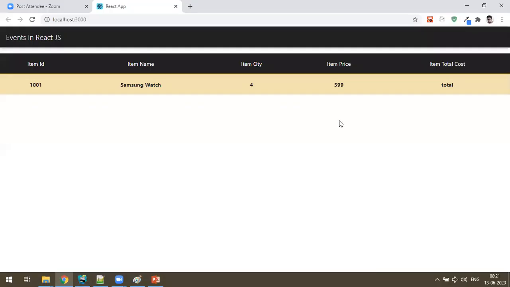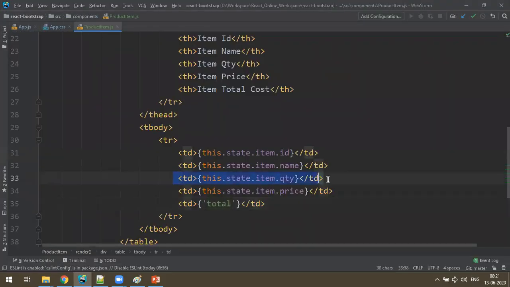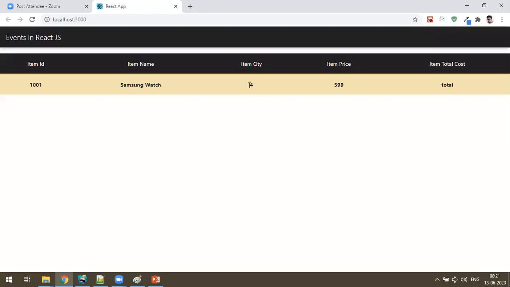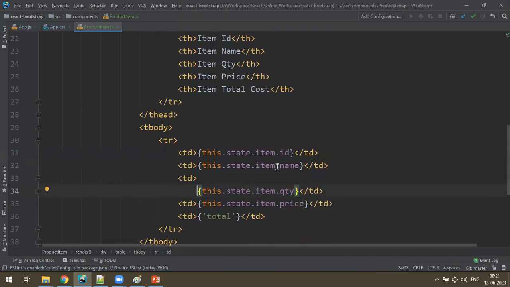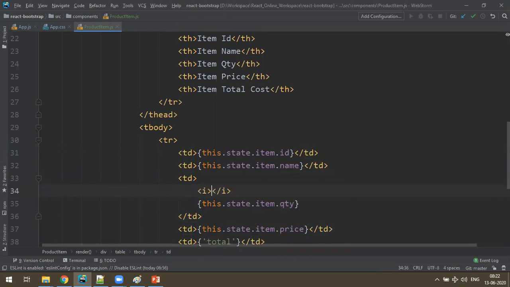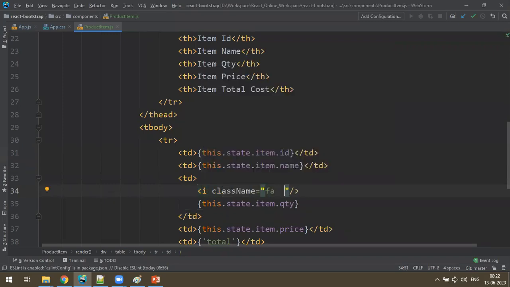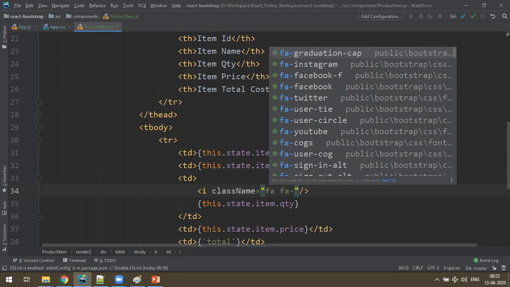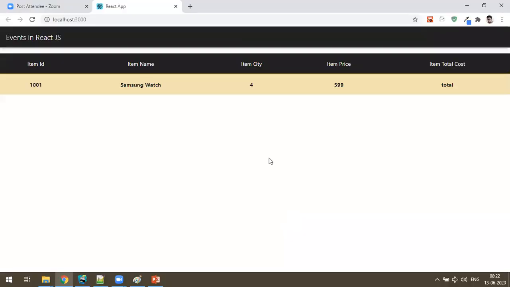So where is it? In the price. So back to here, in the quantity. Oh, in the quantity, no. Yeah. So in the quantity, I'll make it like this. I'll take an icon. Okay. I tag with the class called fa, Font Awesome icons. Okay. fa-minus. I think it's minus circle. You get a icon. The icon is not coming. I think it is because of Font Awesome.